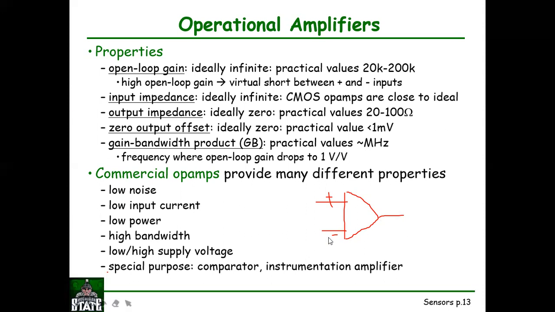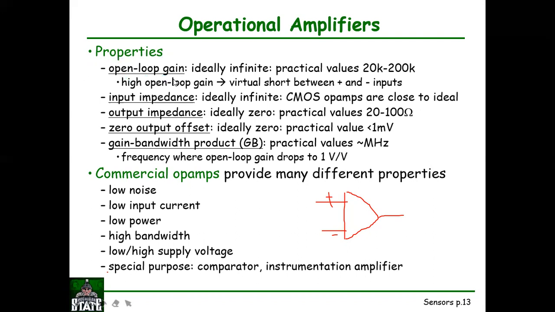Suppose we are having some input at the negative terminal, then we should have inverted output at the output terminal. If we are having input at the positive terminal of the op-amp, we will have non-inverted output at the output. We will have non-inverted output, but that will be amplified one. So these are some properties of your op-amp.